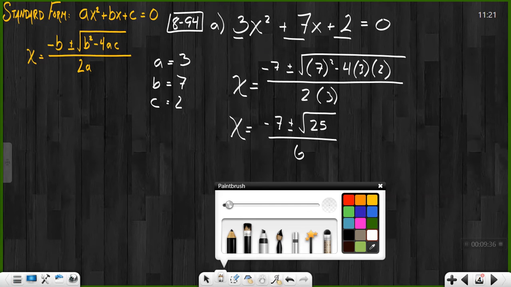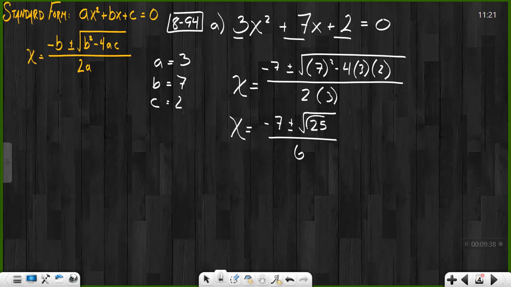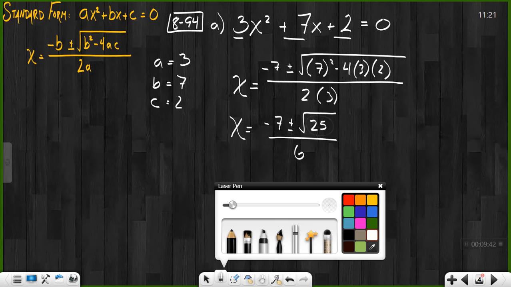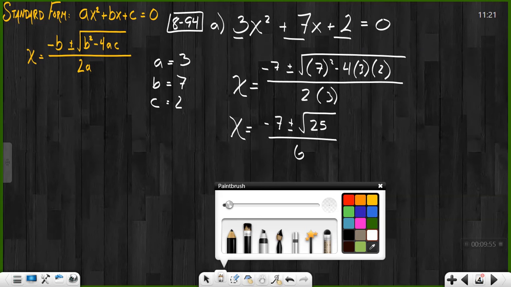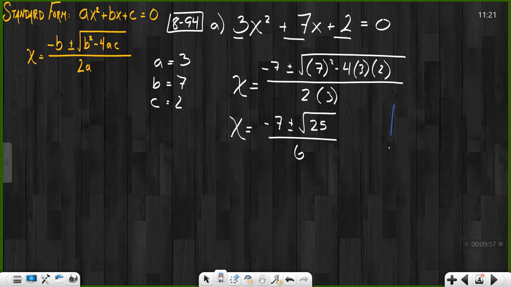Now, one thing I want to point out about this 25: it is a perfect square number. In fact, the square root of 25 is 5, so we're going to be able to take its square root. That means that this original trinomial was factorable. You could have factored it. I'll do that in a little side note over here. We could have factored it going